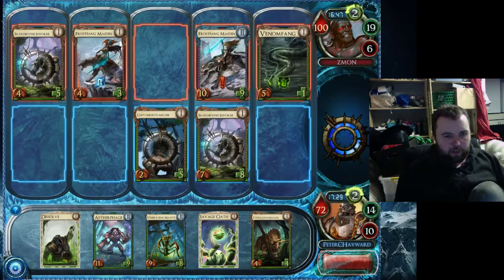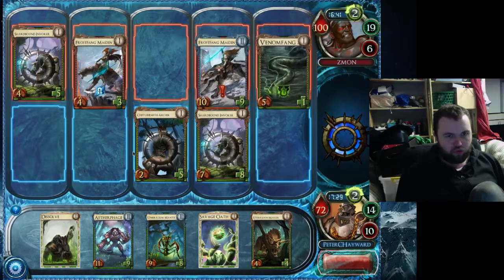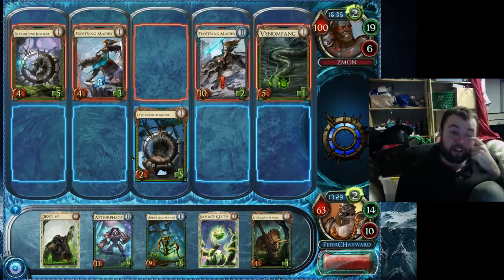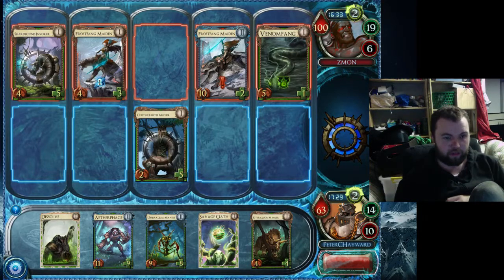Oh, nice. Shardbound. Sorry, I was looking at emails. Shardbound buffing that Frostfang is a very nice play. So, as you can see, it's really hard to stay ahead of damage against Tempest, especially in combo with...